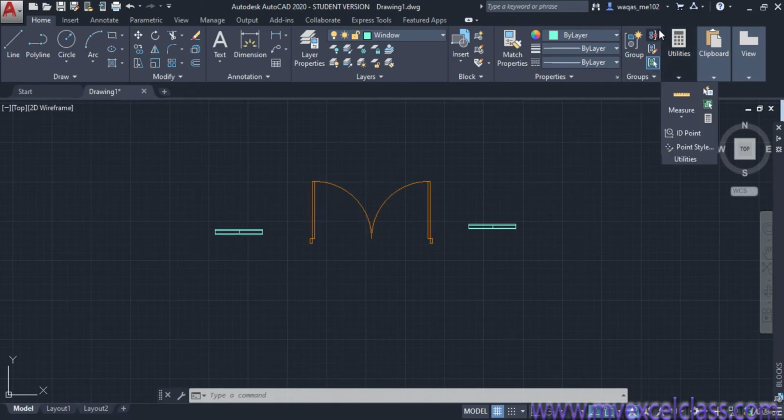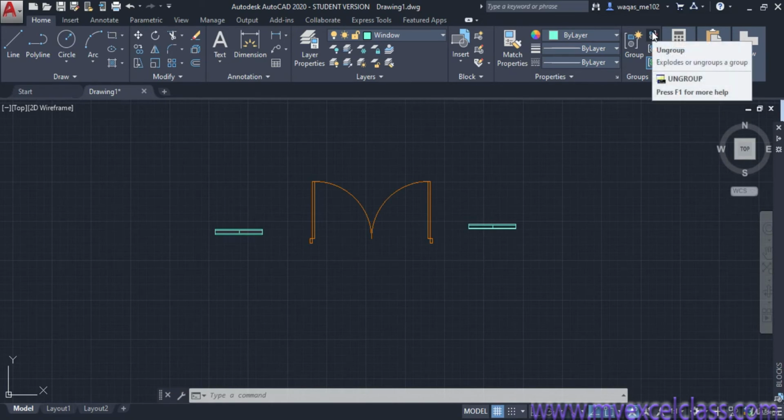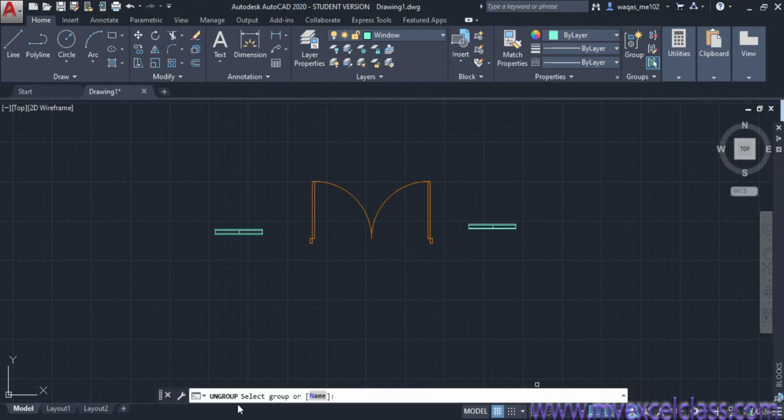Well, next one is the ungroup. Here are two blocks which are combined by the group, and if I want to ungroup this one, I can do this by clicking on this one. Click here on the ungroup. Now it will ask something: ungroup, select group.